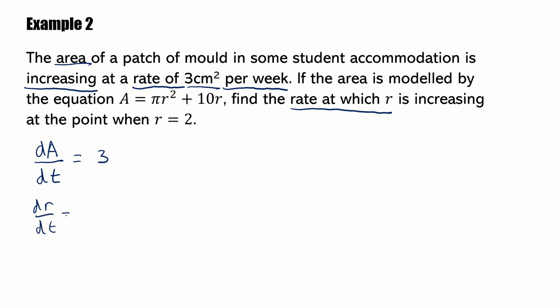So we then just got to think, what have we got to do to the derivative we know, which is dA over dt, to get the dr over dt that we want. So therefore, you're going to want to multiply by dr on the top, because that will introduce the dr that we don't currently have. And then we're going to have the dA on the bottom to cancel out the dA that we already currently have but don't want. Cool. So we've just got to find dA over dr,